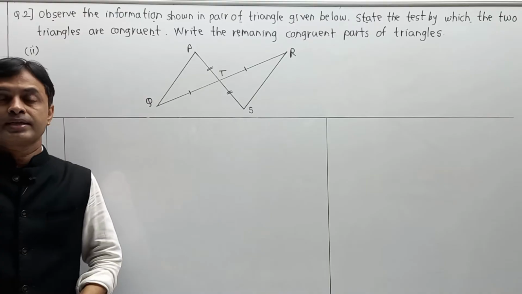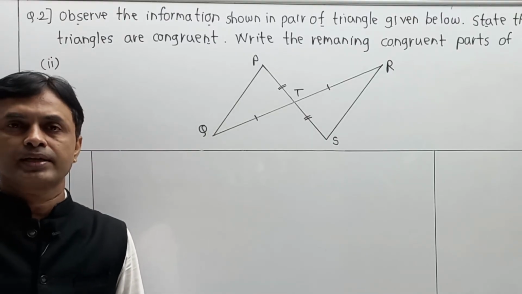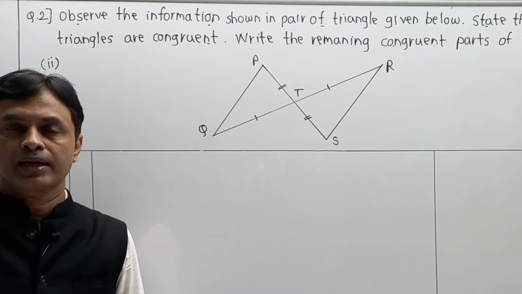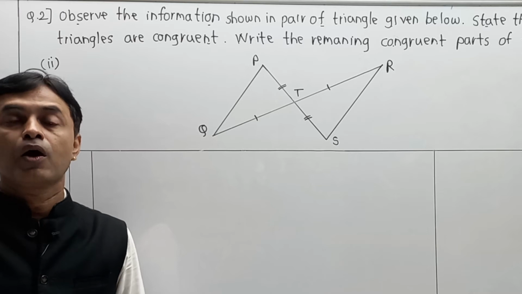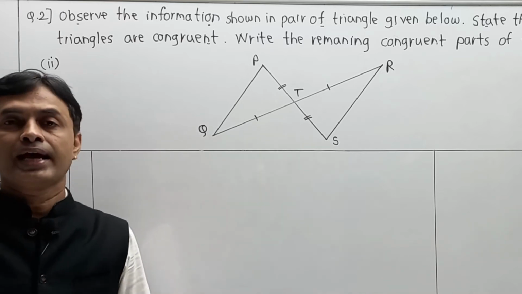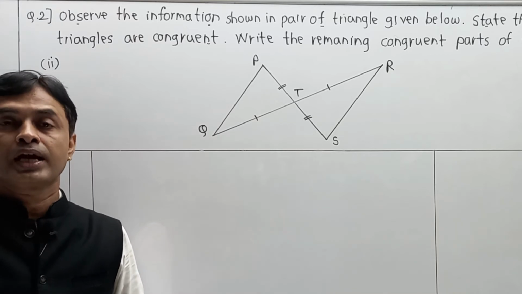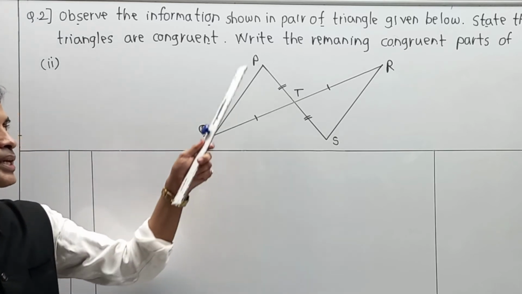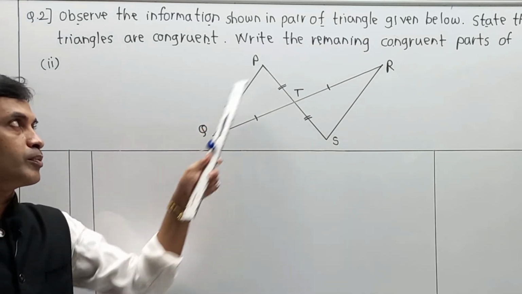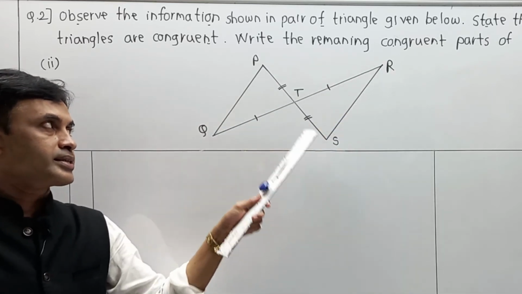Now remember, sometimes some markings are given directly, and there are some markings which are given in a hidden manner. And it is your logic that decides how you are going to find them. As a student, observation is the main skill, and that is called constructionism. In constructionism, you have to think logically and identify the remaining concepts which are given in the hidden structure. For example, here triangle PTQ, and the second is STR.